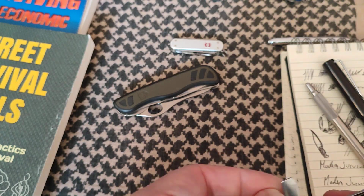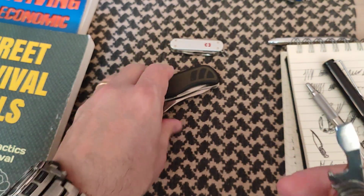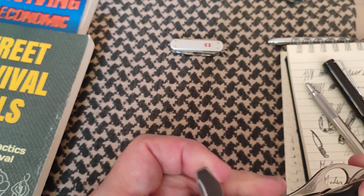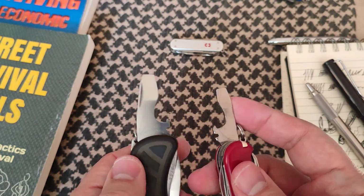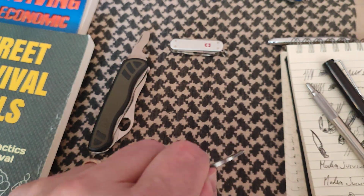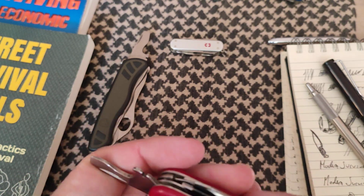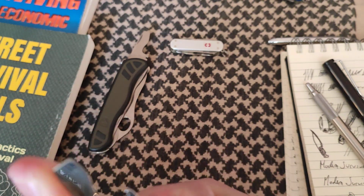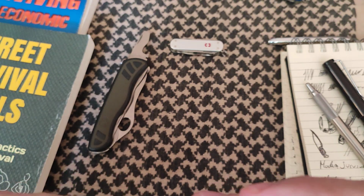Similar in terms of the flat screwdriver can opener. This one is a little bit less sturdy, so it's not as beefy as the one you get in the Soldier model, which is definitely sturdier and intended to be used as a prying tool. So you see the size difference here, the amount of metal that one has and the other one has. So not intended to be a prying tool, but a little bit of prying I would not be all that worried about. I've used this for prying, well, not this one specifically, but similar models. I've used them many times, no problem whatsoever. And not going to lock into place, but as functional as it gets in terms of what this